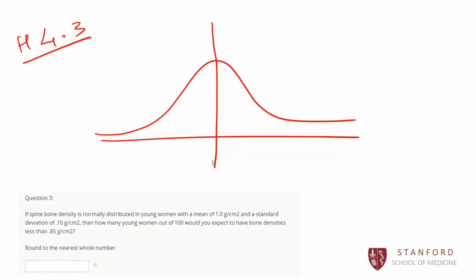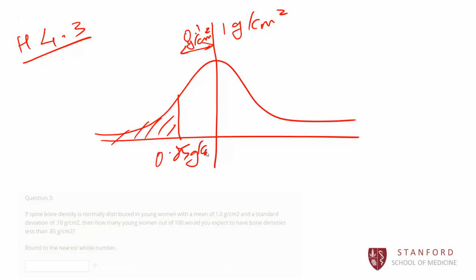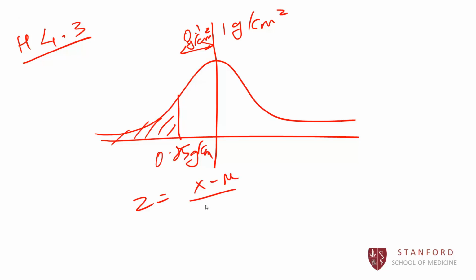We are given a normal distribution with a mean of 1 gram per centimeter squared and a standard deviation of 0.1 gram per centimeter squared. And the question wants us to find the area to the left of 0.85 grams per centimeter squared. Now this corresponds to a z value of,